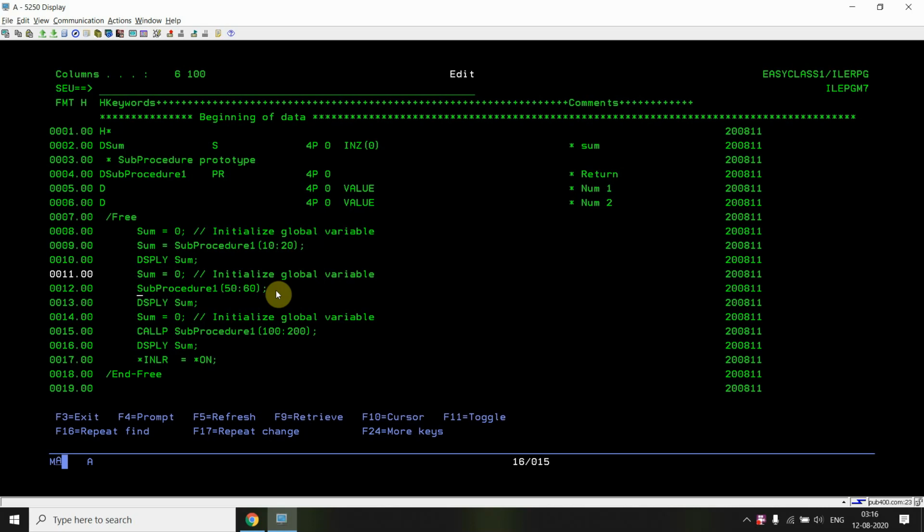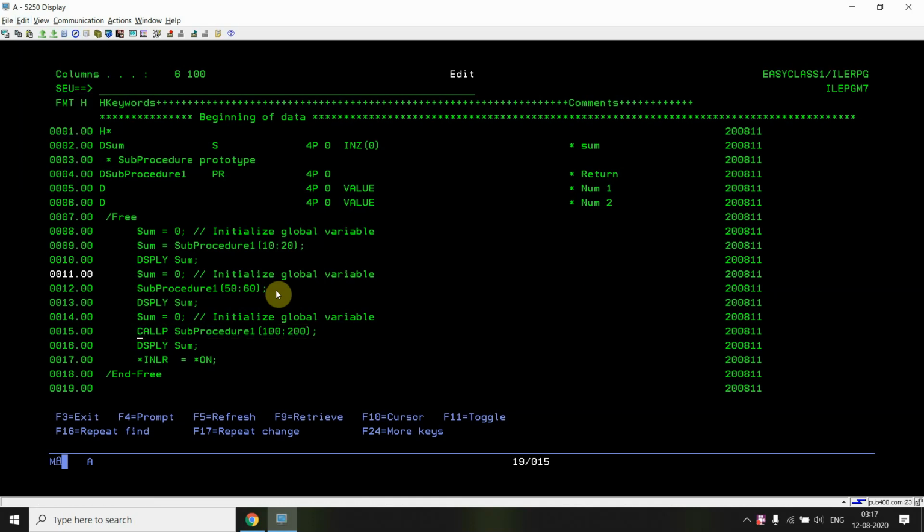In case your procedure doesn't return anything, for example it does not have a return here, then this is okay for you. Either you can use this or this one.